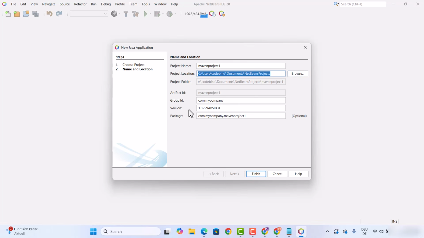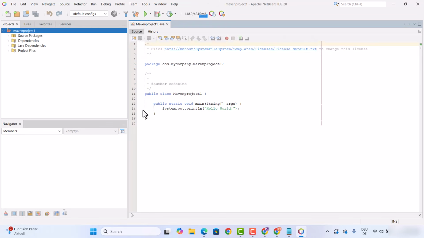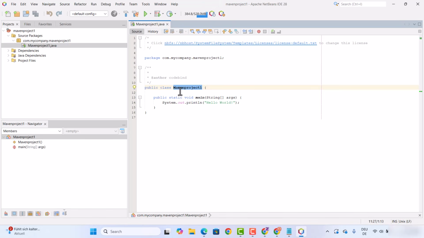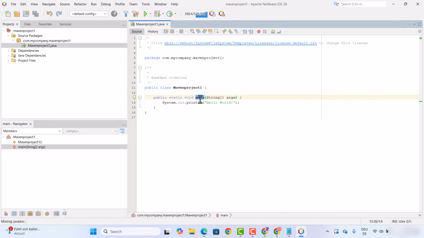The group ID and the version and the package for Maven look fine for me. So I'm going to click on the finish option here, which is going to create the project for me. And this project contains one class with the name Maven Project 1. And it also has the public static void main method, which is the main entry point of our program. And it also has this one line, which is for printing hello world on the